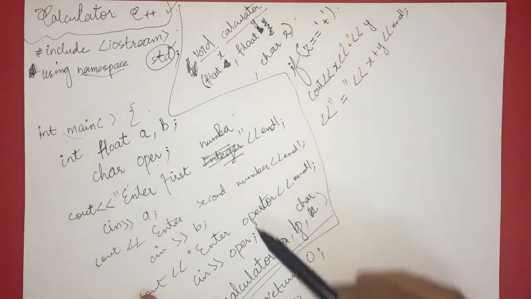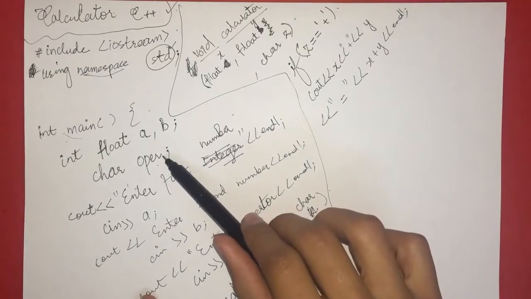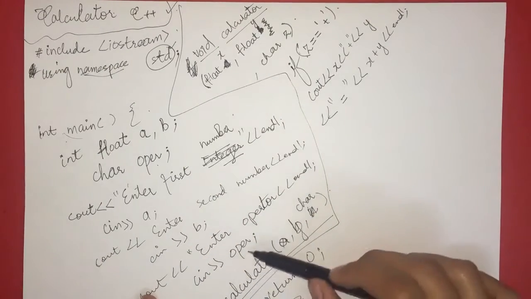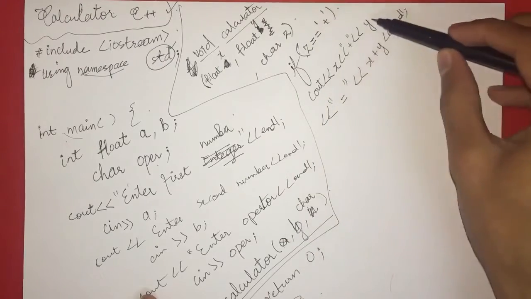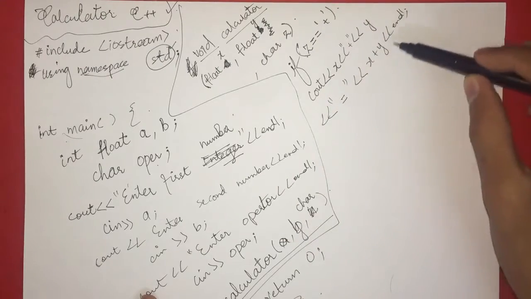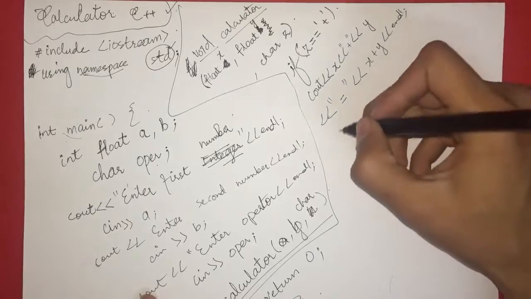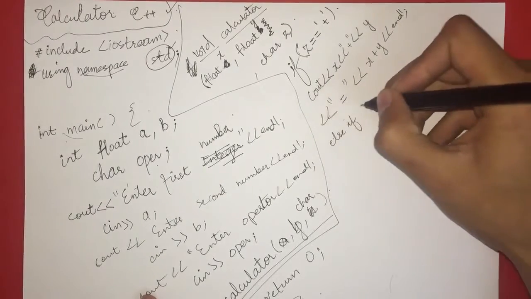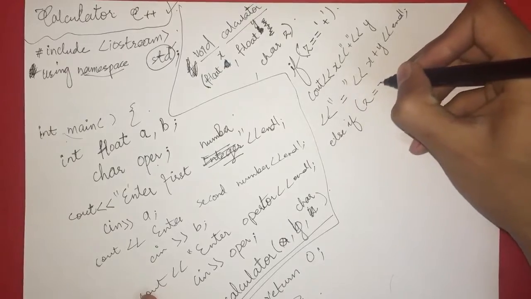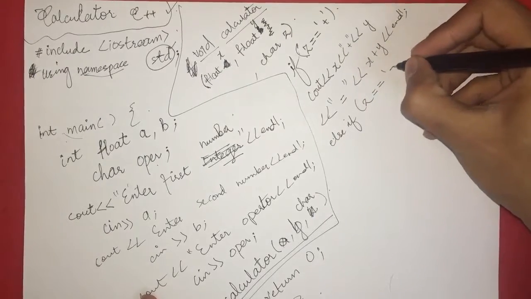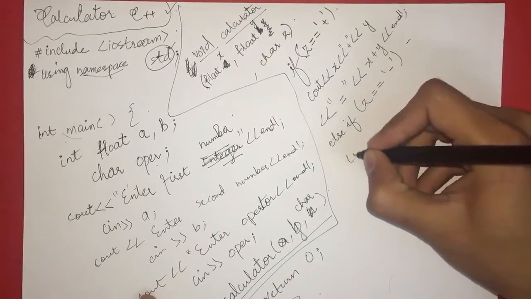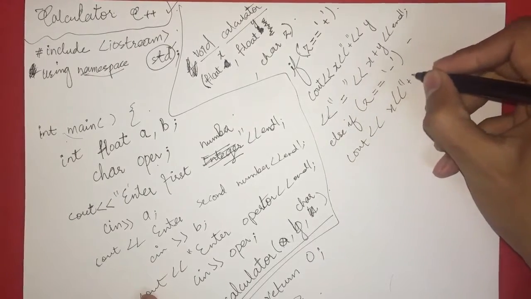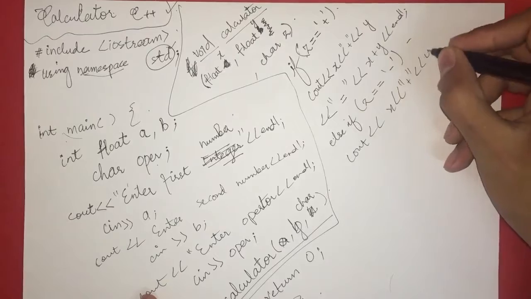So if the user inputs the operator, cin oper, if the user inputs plus, it's going to output the sum of the numbers. Now else if z double equals minus, so it's going to cout x plus y